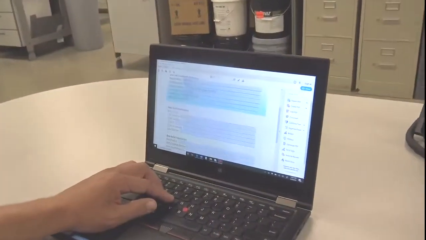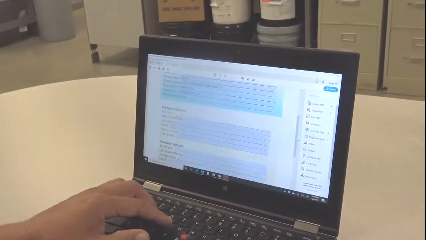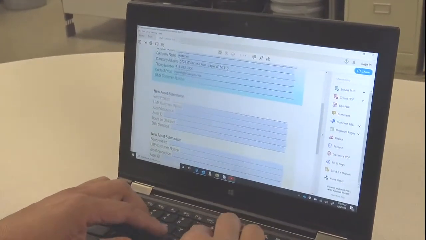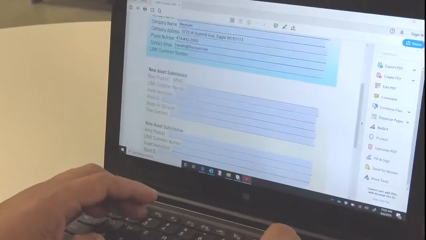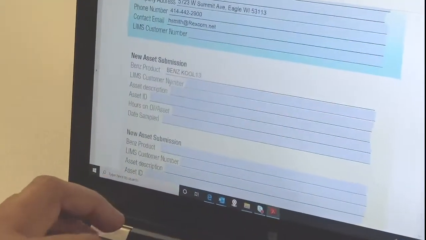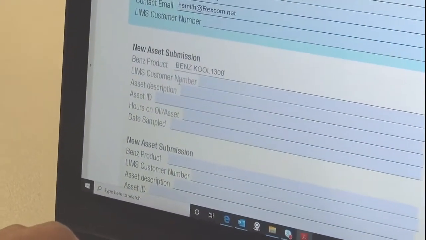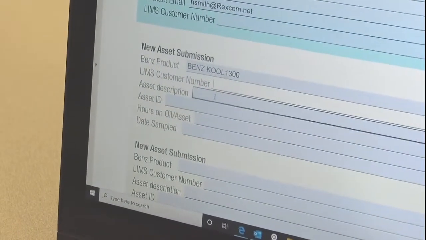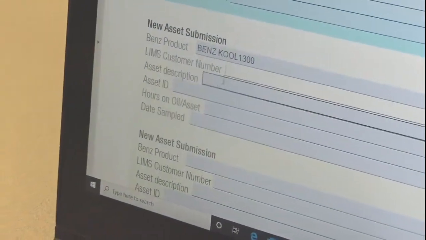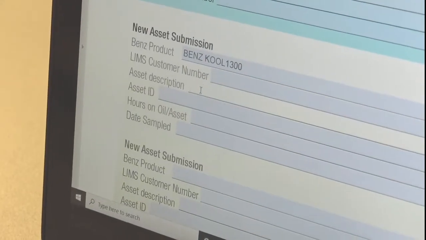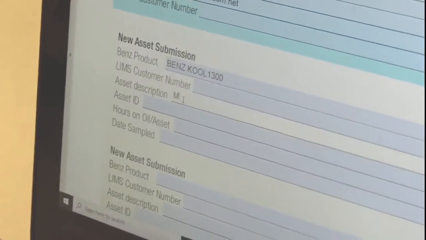So we've now put in the company and the contact information. We're going to go into the new asset submission. This is where we would actually add pieces of equipment that we want to add to their laboratory sampling. So the Benz product for this first one is going to be Benz Cool 1300, which is our water-based semi-synthetic. LIMS customer number, again, that isn't produced yet because this is a new customer in our system. Asset description, this machine was a Mazak